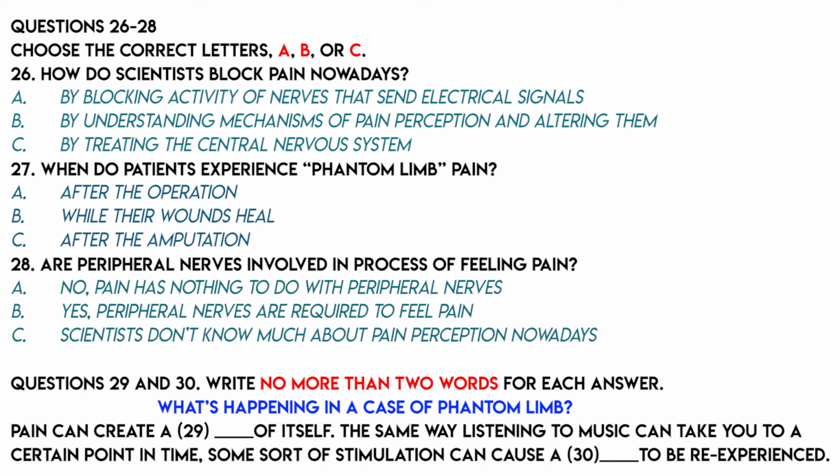So Natasha, it's an interesting point that John was saying about us needing stimulation of our nerves throughout our body, our peripheral nerves. So what's happening in the case of phantom limb? Well, there's several theories, and there's probably not one overarching thing that's happening. We know that pain can create a memory of itself, just like any other experience that people have.